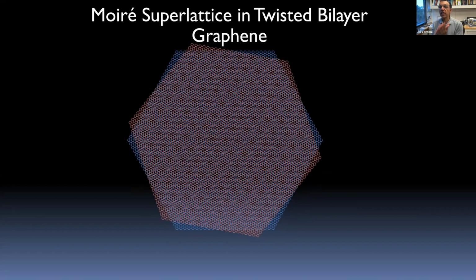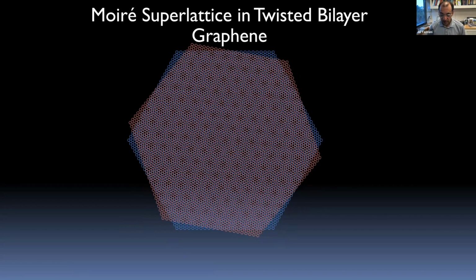But as soon as you start to rotate them relative to one another, you have this beating of the two atomic lattices of the two graphene layers, which gives rise to this Moiré superlattice. You get a moiré pattern every time you have two periodic patterns interfering with one another. And what you see with your eye is that there is an additional length scale in the problem, which is larger than the atomic length scale, which we'll talk about in a moment. It depends on the angle, which is subjecting electrons moving through the graphene lattice to a larger periodicity